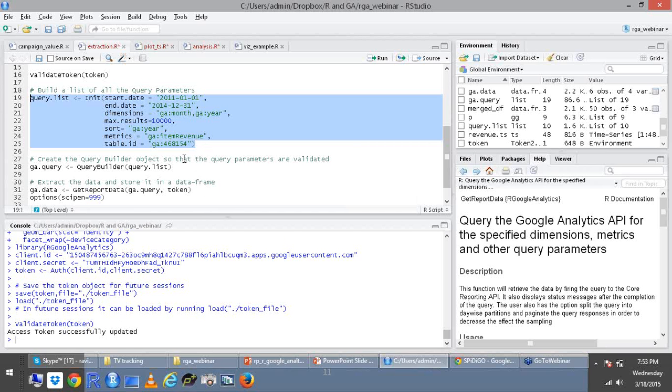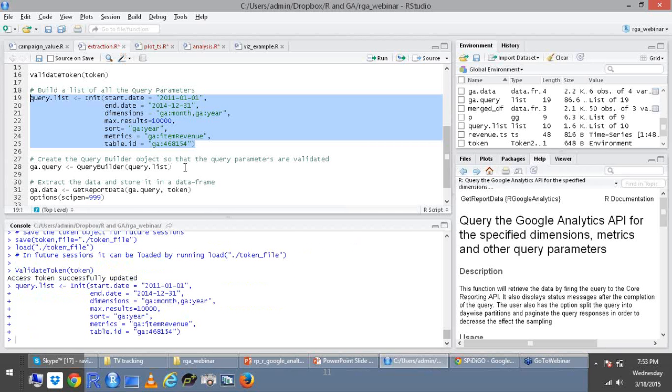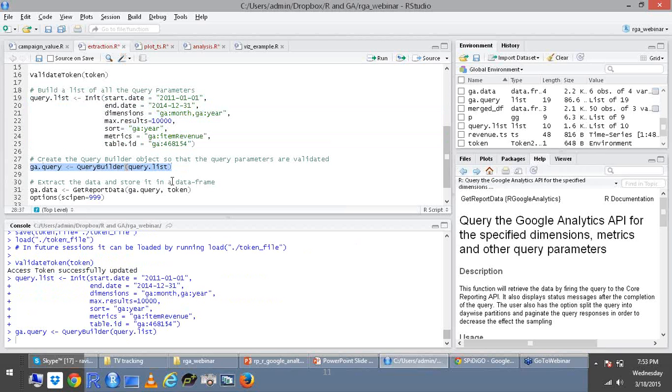So once I run this query, it will say that this is the query that we have formed, and let's just query this. And this data is stored in the memory of R. That's a bit of a limitation of R, that R stores all the data in the memory of your machine. So if your machine has high memory, you shouldn't have a lot of problems even if you pull tens of millions of rows from Google Analytics.